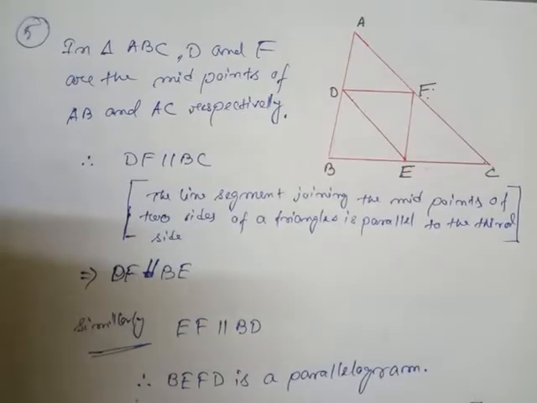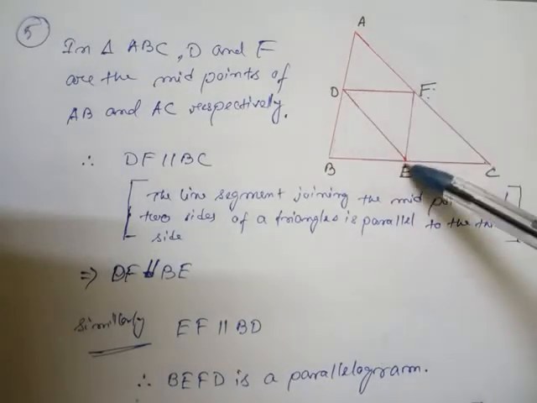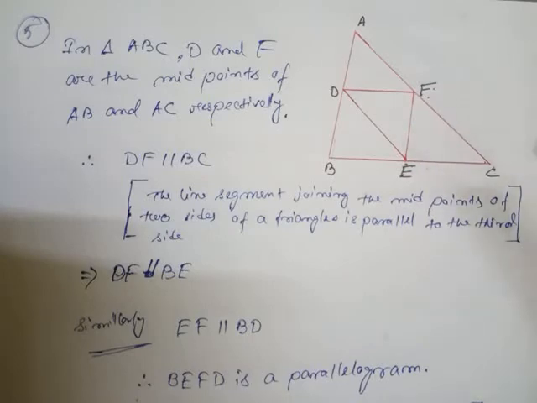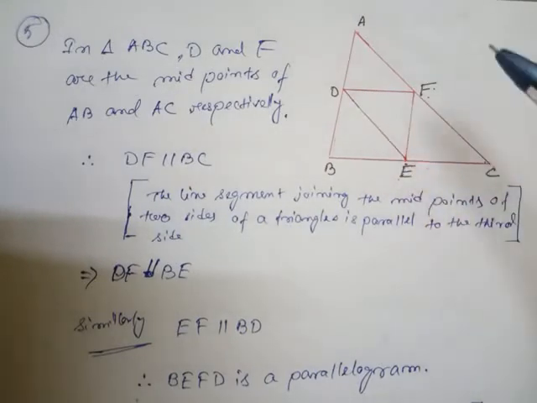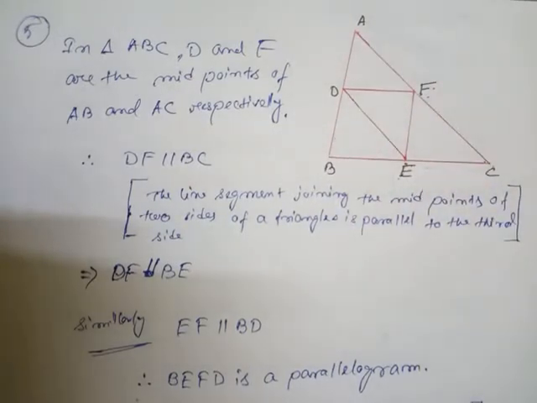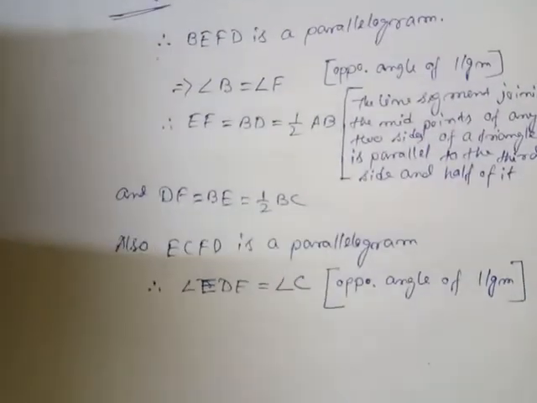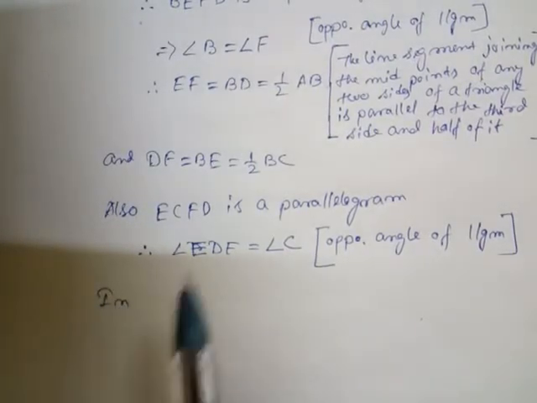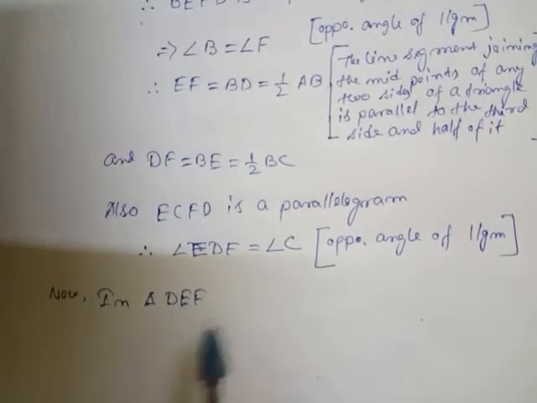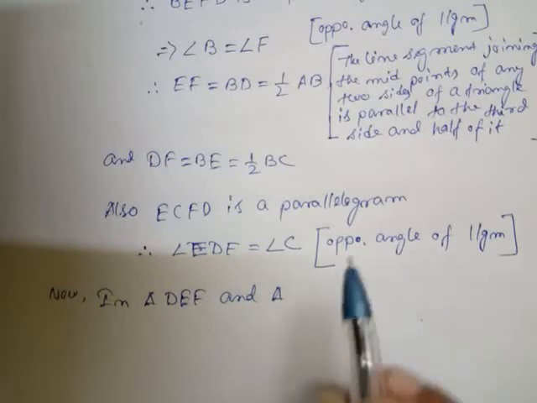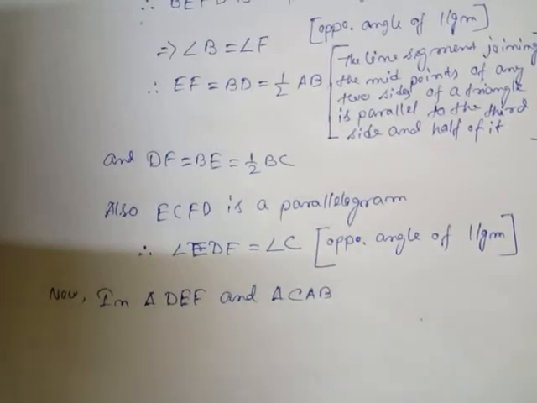Now students, triangle DEF, this small triangle, and triangle CAB, this big triangle. We have to prove that these two triangles are similar, but how to prove? Look here now. First of all, I will write down here, in triangle DEF and triangle CAB, here I write down that angle